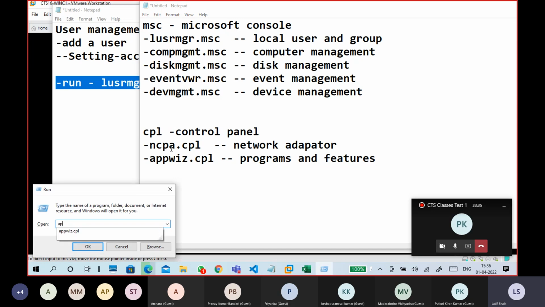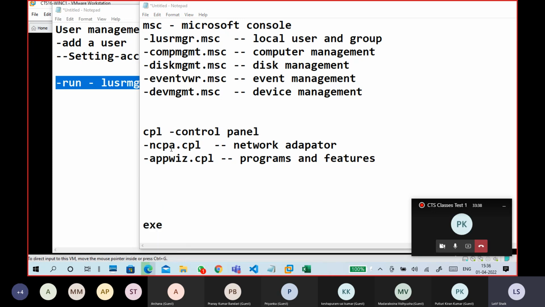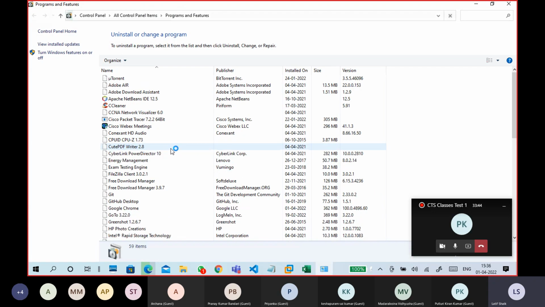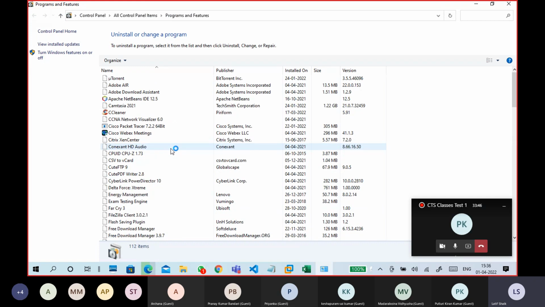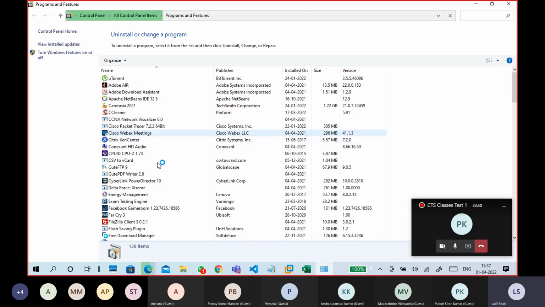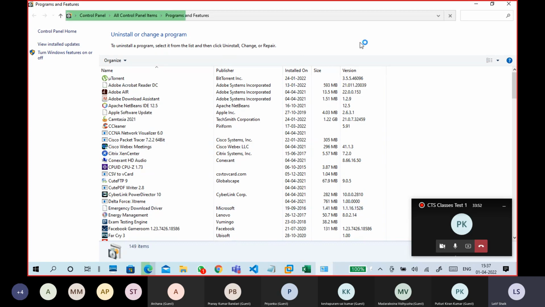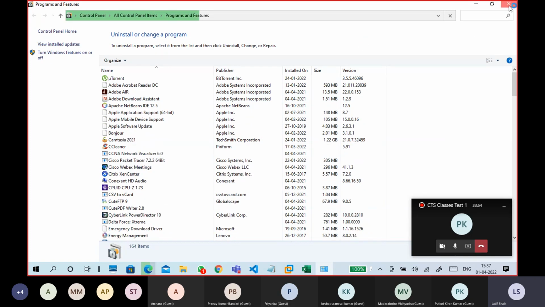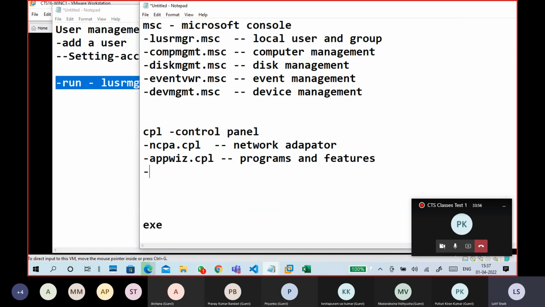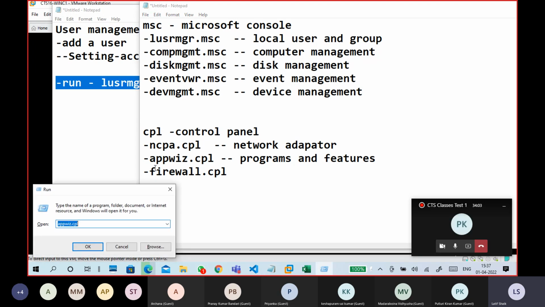Look at here, appwiz.cpl. So in the control panel it directly goes to appwiz.cpl. Okay, programs and features. So installation of applications, features turned on or off, that will be shown directly. This one we are not sure about.